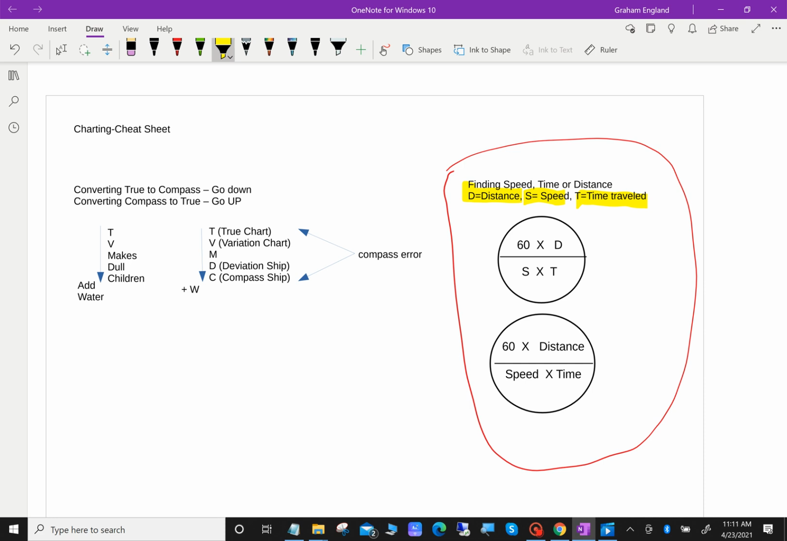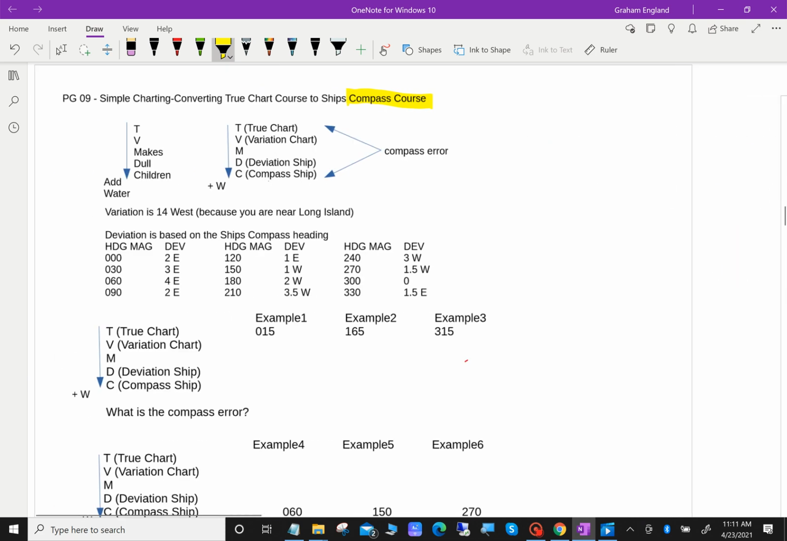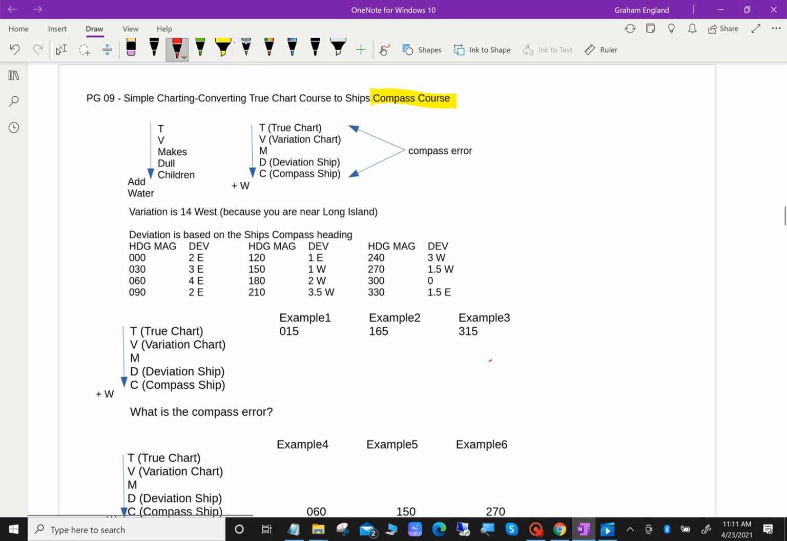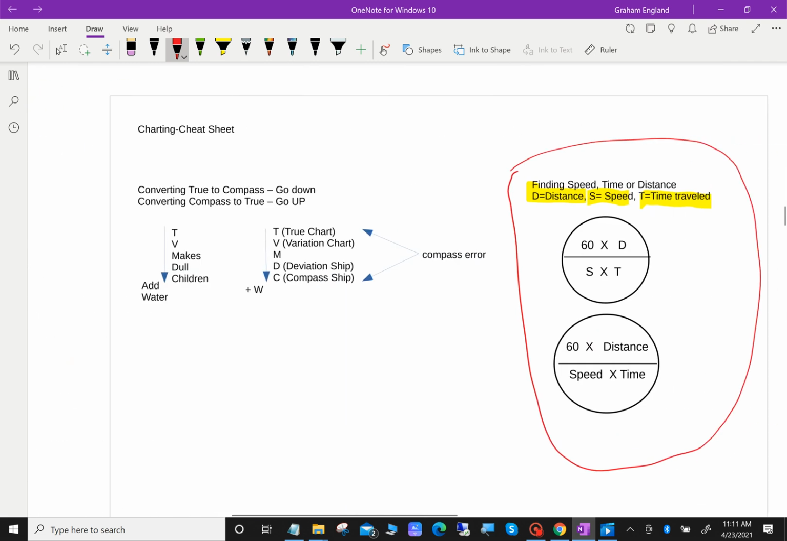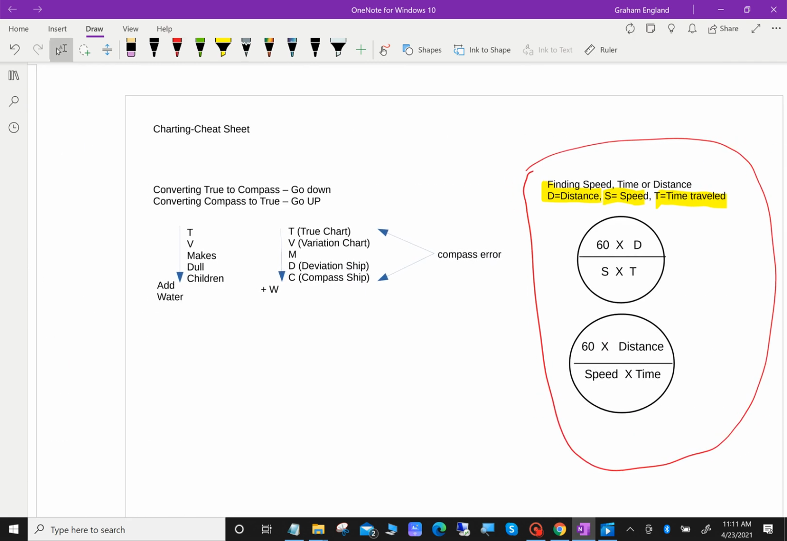Now, it might say PSC, which stands for per standard compass. It might say gyro compass. It might say ship's compass, but they asked for the word compass. As soon as you see in the question the word compass, you know that you have to convert. On your cheat sheet, the only place it says compass is here, in your